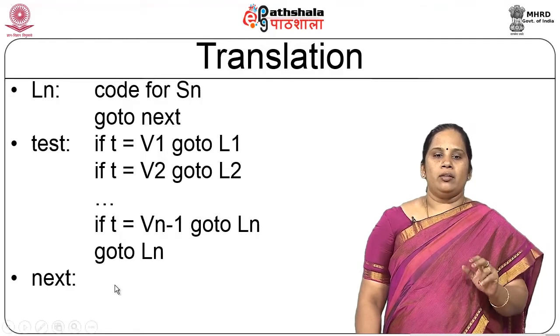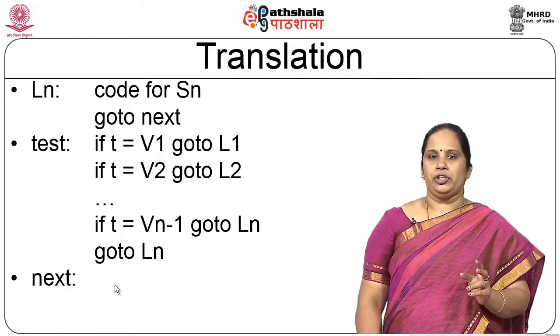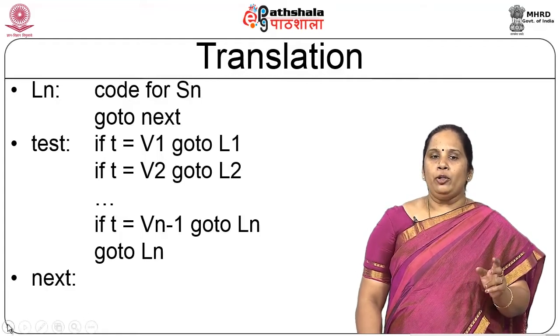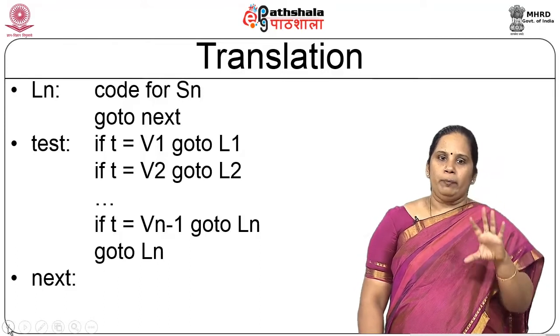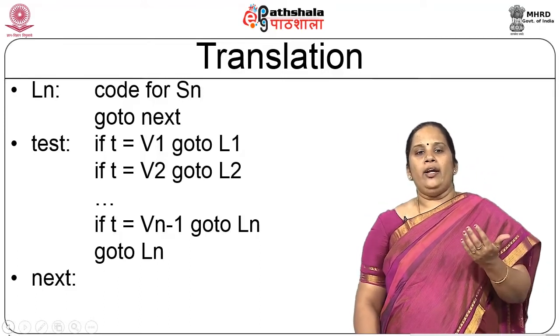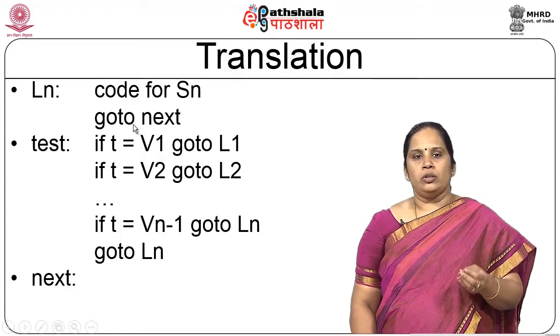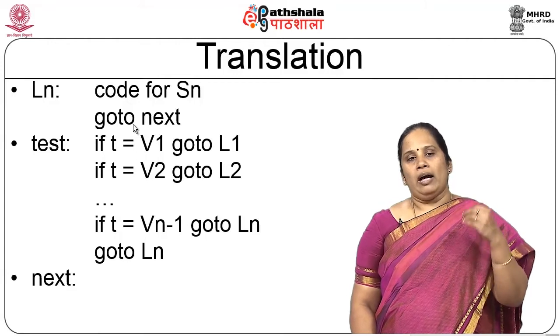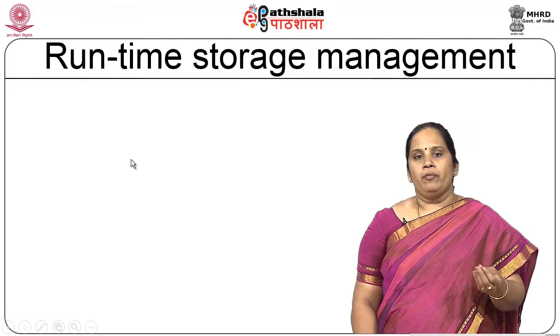Now, this is what is going to be part of the 3 address code corresponding to a switch case statement. So, it is mapped to a sequence of if and a go to, and then I will evaluate only one particular body rather than looking at all situations. So, I can do that by issuing one go to after every body of the case statement basically. Okay. So, that is what I have.